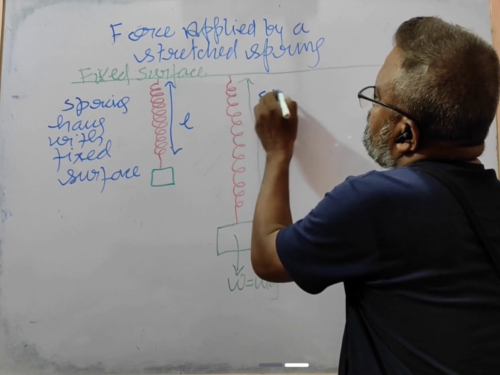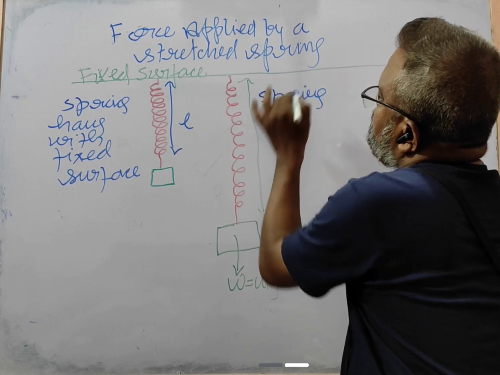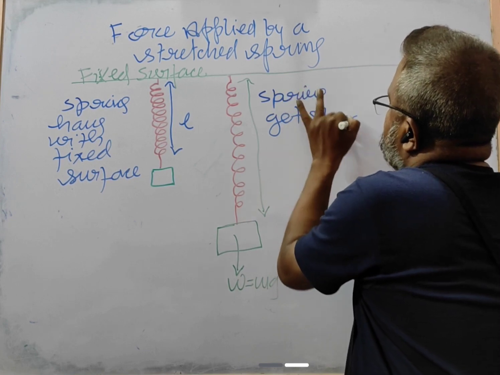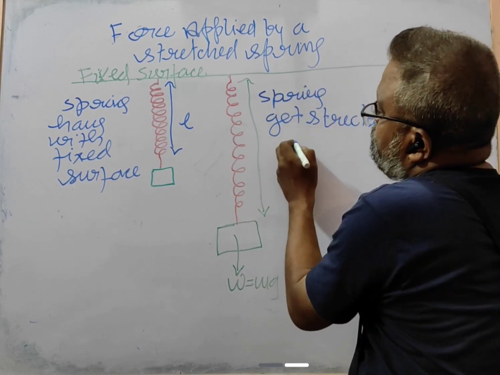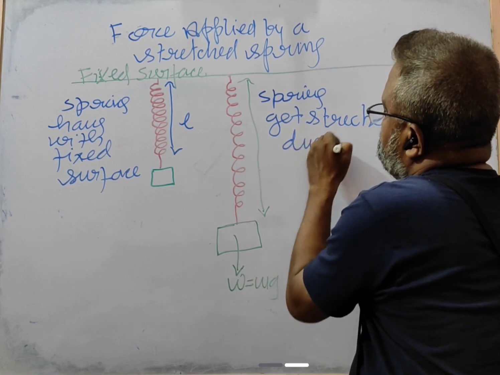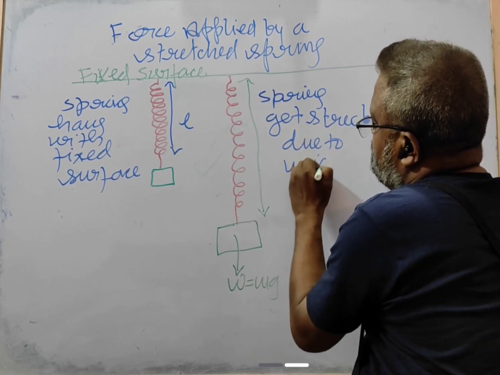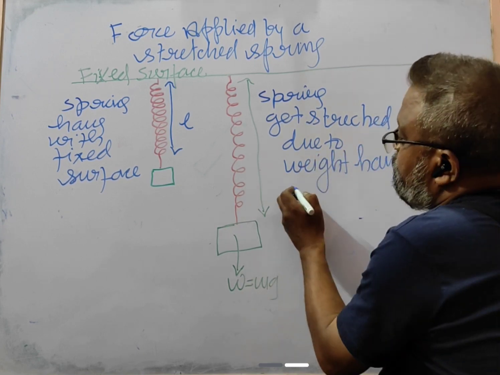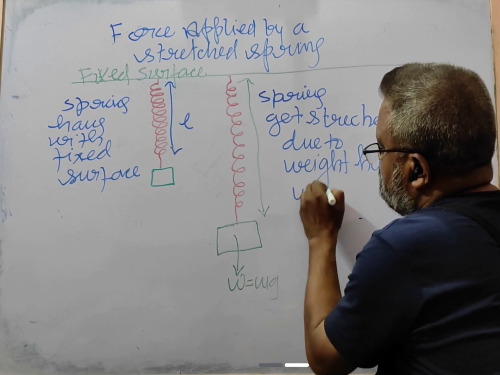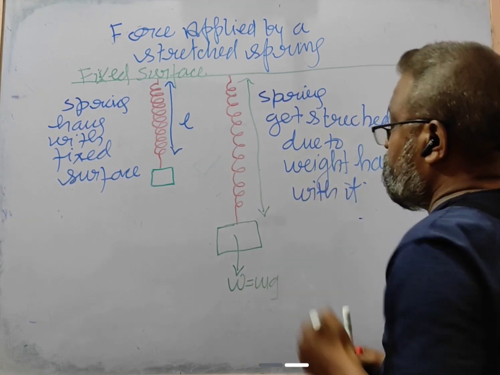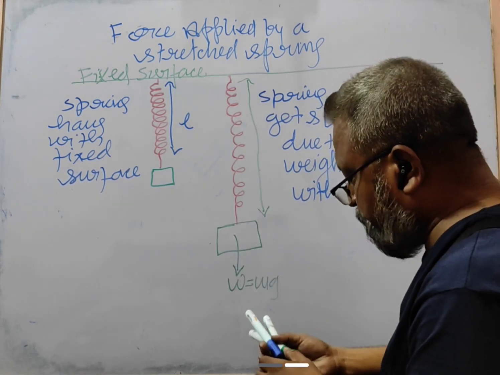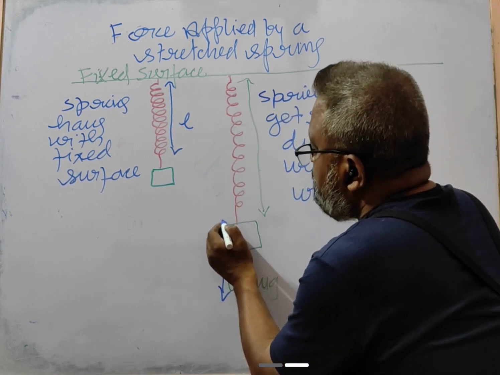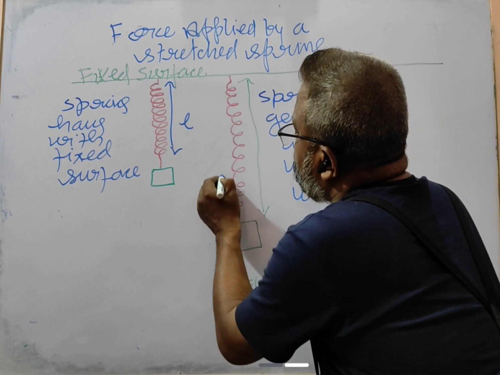Spring, the spring gets stretched due to the weight hanging with it, right? So what happens? Weight force is applied in the downward direction towards the earth, and the spring tries to get its original position, so